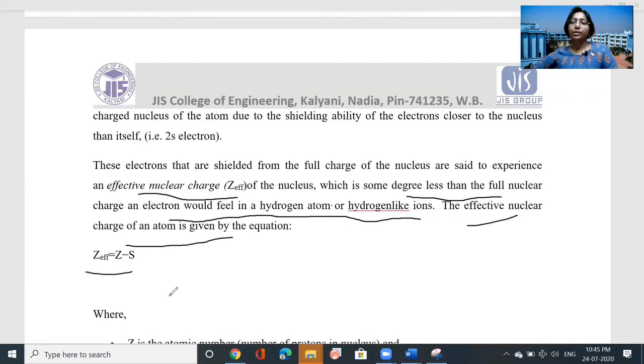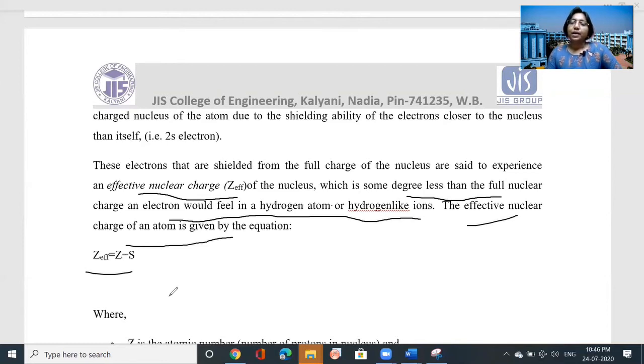If more than one electron is there in the element, then there will be a repulsion effect. And if the number of electrons is higher, the nucleus will have less control on the electrons. If the electrons are far from the nucleus, or at a higher energy level, then also the nucleus has less effect, less grip on those electrons. In this case we say that there is a shielding effect.